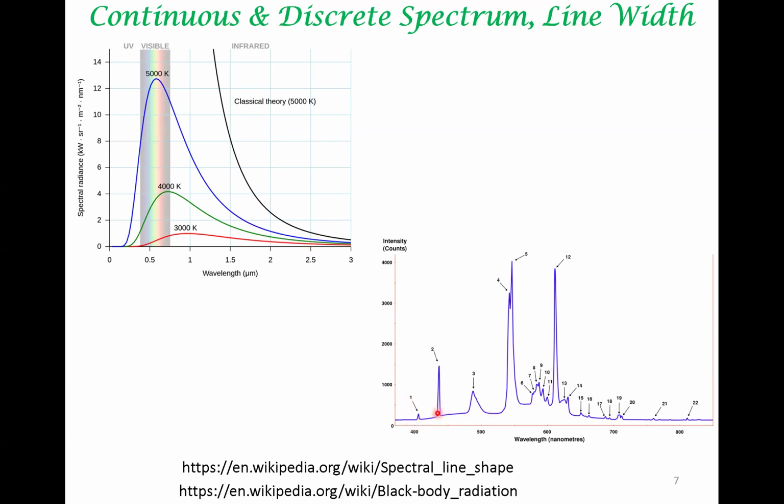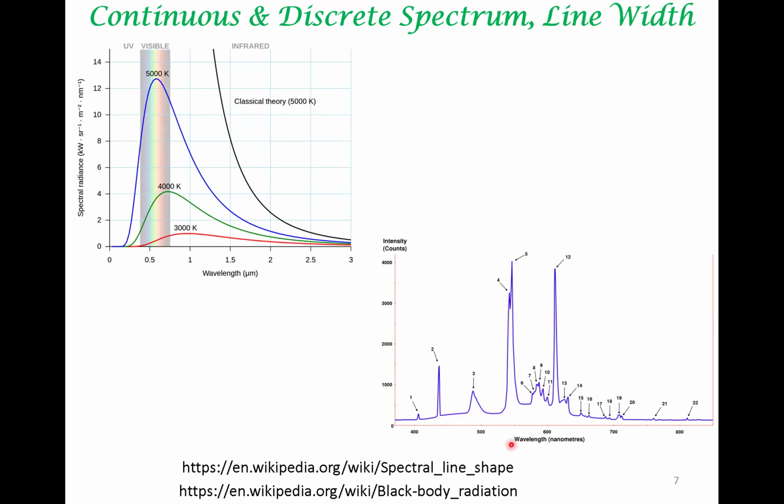As opposed to that, in discrete spectra, at certain specific wavelengths, there is a large intensity, and then there is no continuous change. In addition to this, there is also a line width. There are reasons for line width, but we won't go into why there is a line width. You might have heard something called Doppler broadening in your previous classes. That is also an example of width. What do we mean by line width? Typically you may expect this to be very sharp, with no spread.